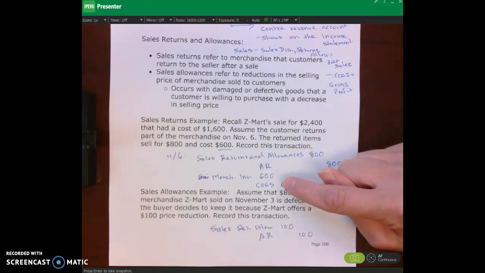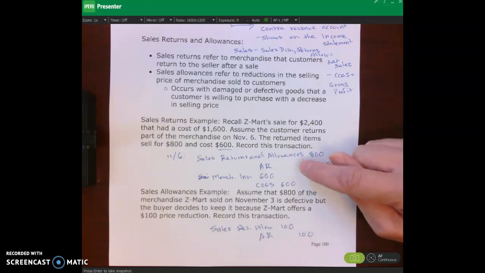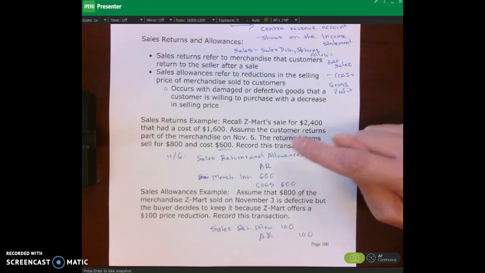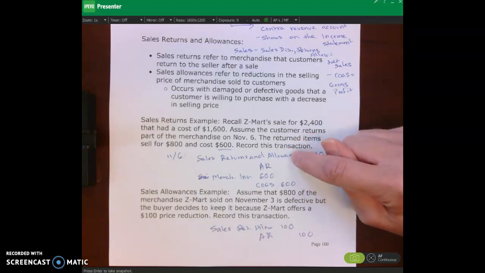Then we have to recognize that they've given us the merchandise back. So our merchandise inventory goes up. So we debit merchandise inventory for $600, and then we credit the cost of goods sold. So basically, this is almost a reversal of the journal entry that we did for the sale, except that rather than debiting sales, which would be the exact reversal, we keep track of